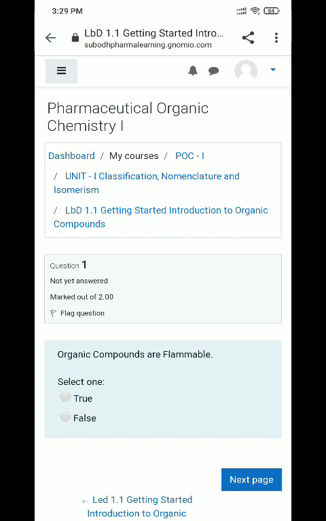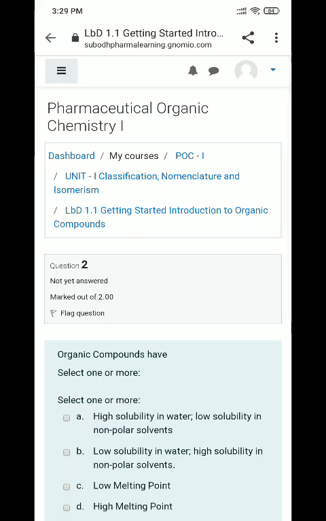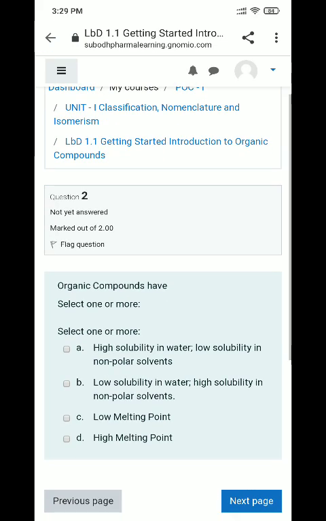Organic compounds are flammable. Here I am selecting true. Next, organic compounds have, here the instructions are given as select one or more, and four options are given. Here organic compounds have low solubility in water and low melting points.